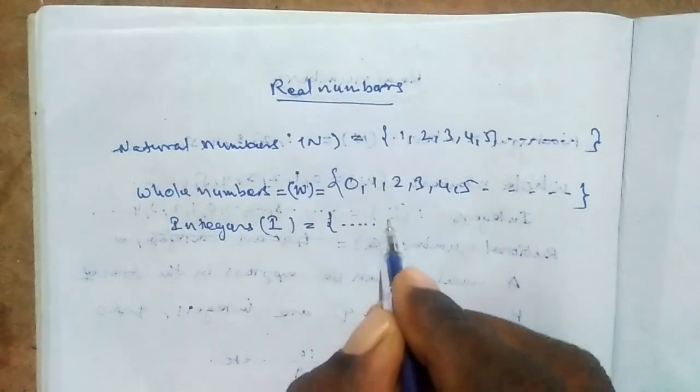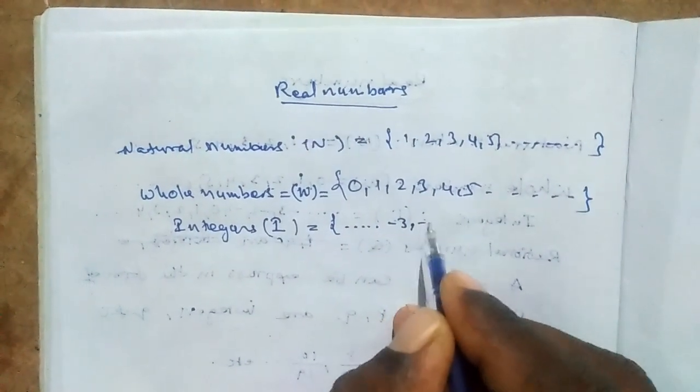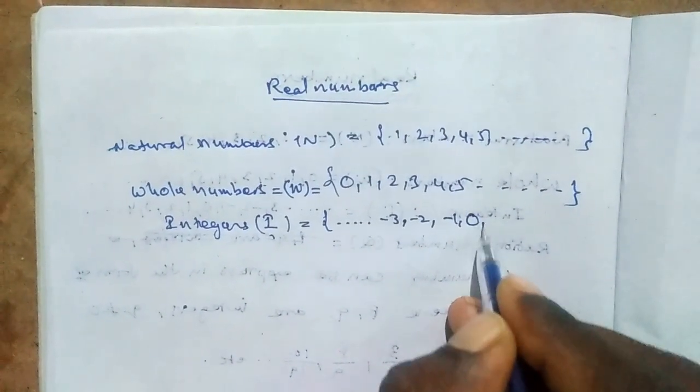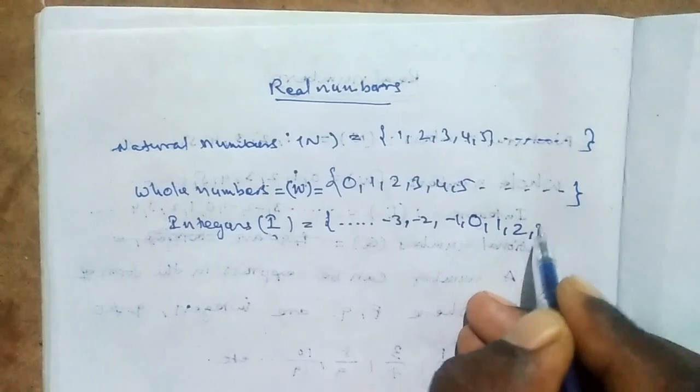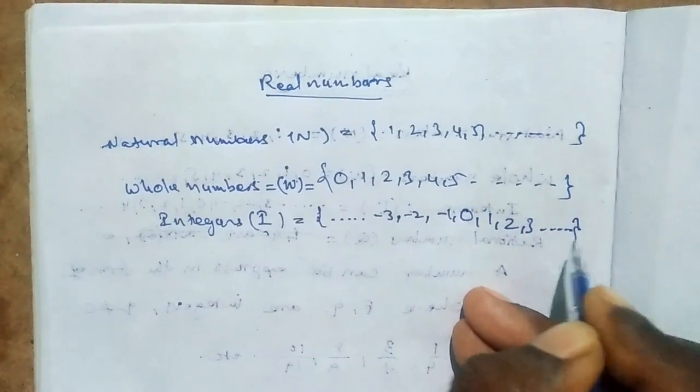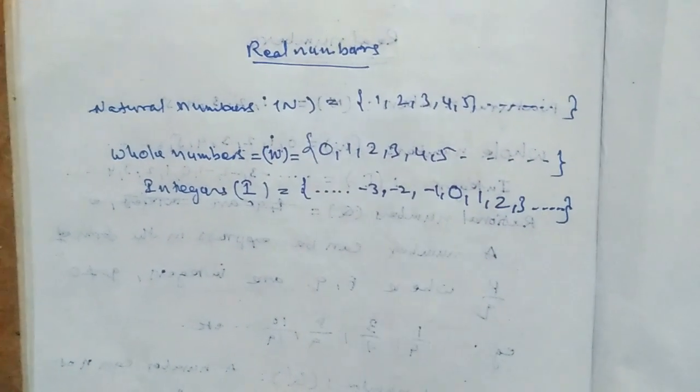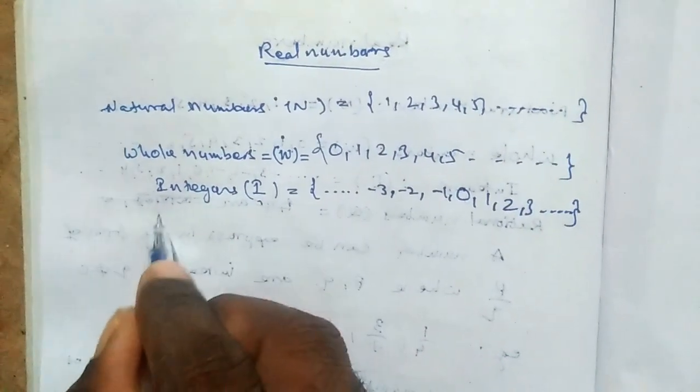So, minus 3, minus 2, minus 1, 0, 1, 2, 3, and so on. Next number system,